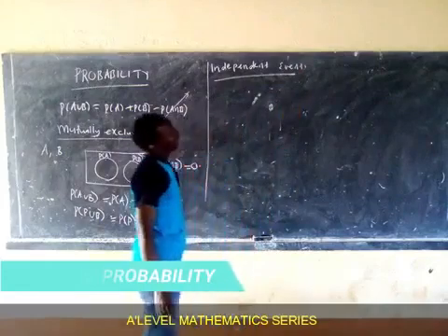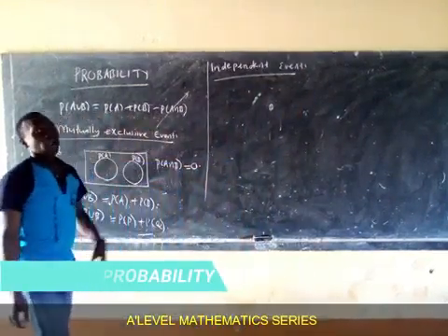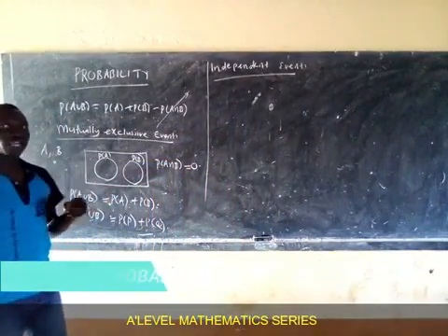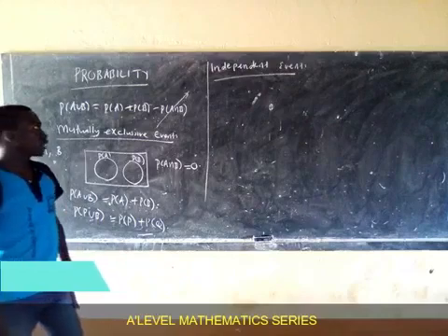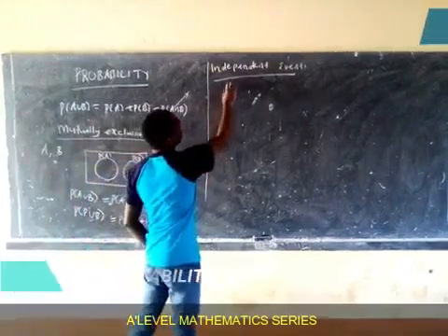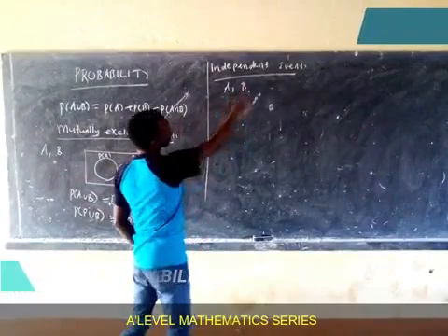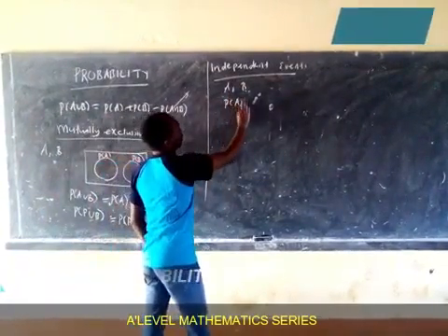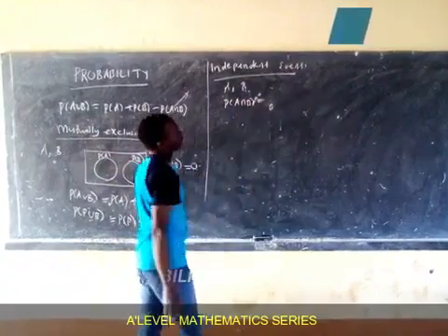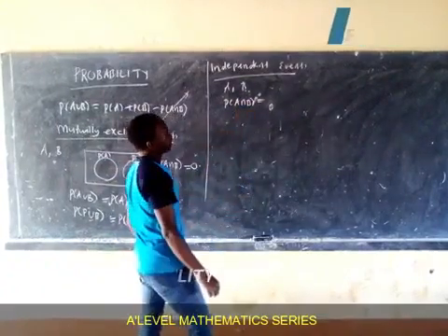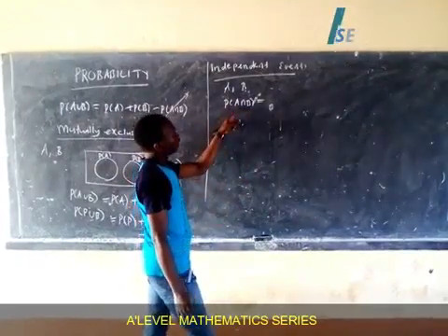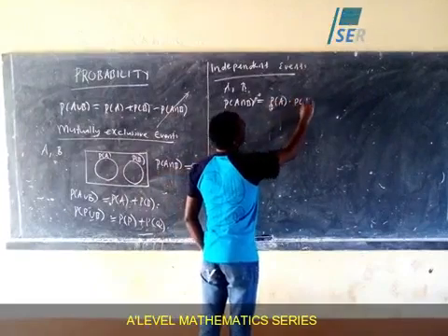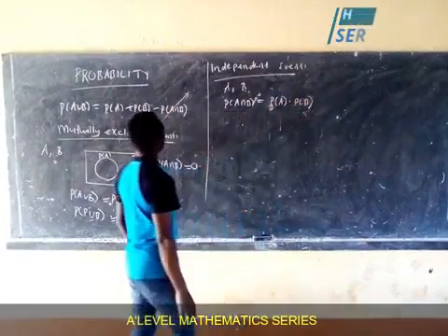If I consider events A and B, events A and B are said to be independent if the occurrence of one cannot affect the other. Like for example, two events A and B are independent if the occurrence of A can't affect B. This simply means the probability of A intersection B is the same as the product of the two independent probabilities. Meaning the P of A intersection B becomes probability of A times probability of B,